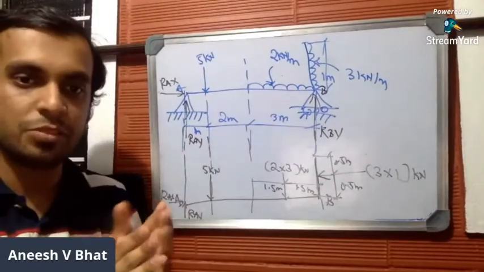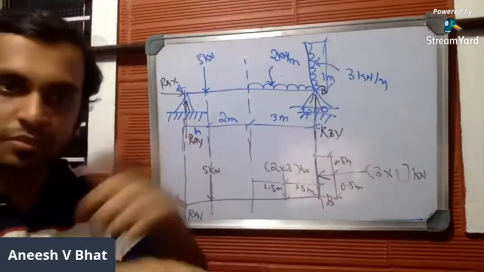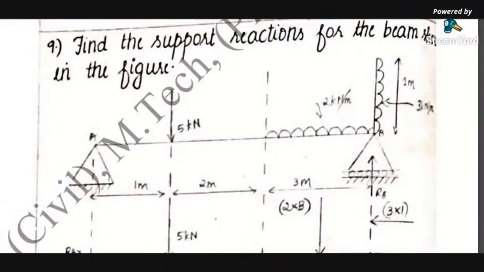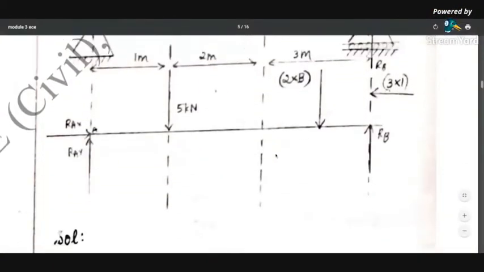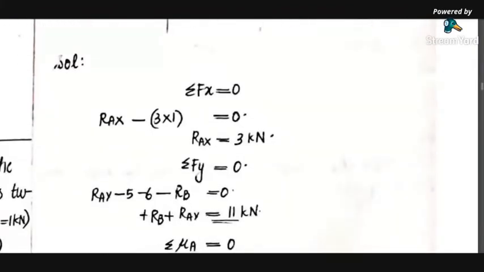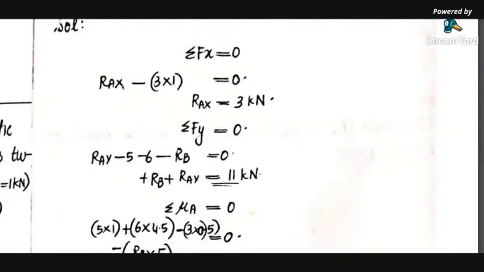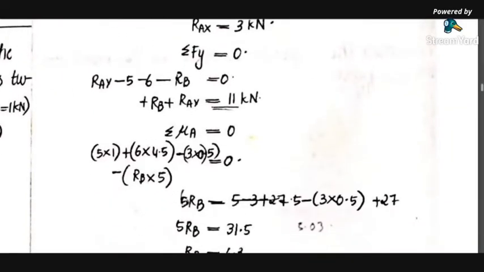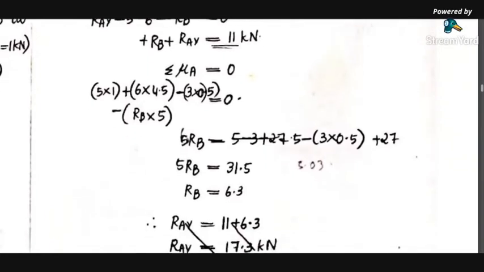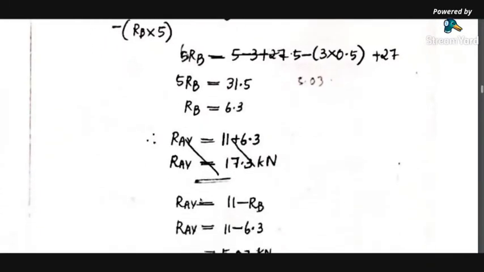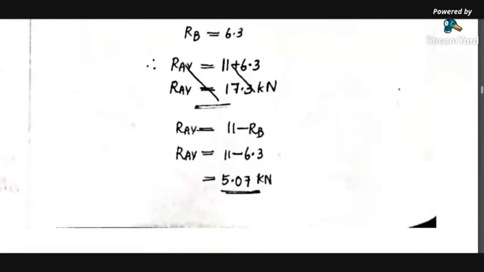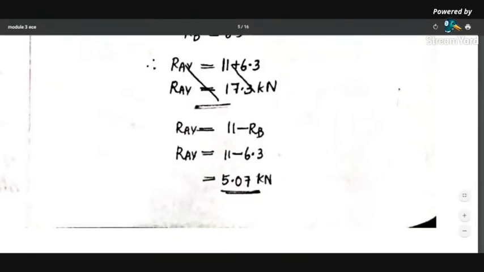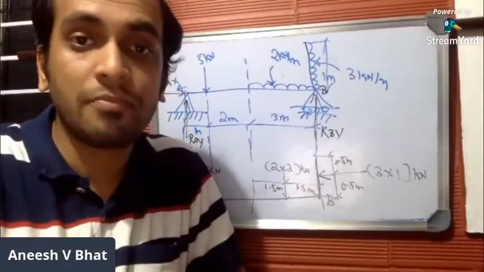As simple as that. All the loads are now in the form of point loads. Let me take you through the calculation. This is the point load diagram we went through just now. You have to apply the conditions of equilibrium. Summation of Fx equal to 0 gives the value of RAX. Summation of Fy equal to 0. And summation of moment about A equal to 0. Be careful when you find the perpendicular distance. It's 0.5 in the case of the horizontal load. From this you get the value of RBY, and applying it you get the value of RAY. As simple as that. Try to correlate it with the drawing and find the values.